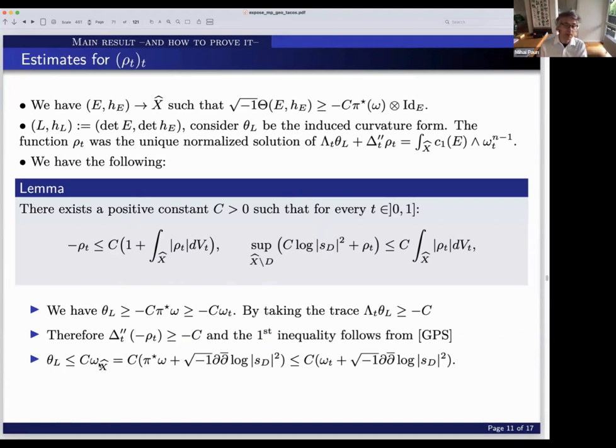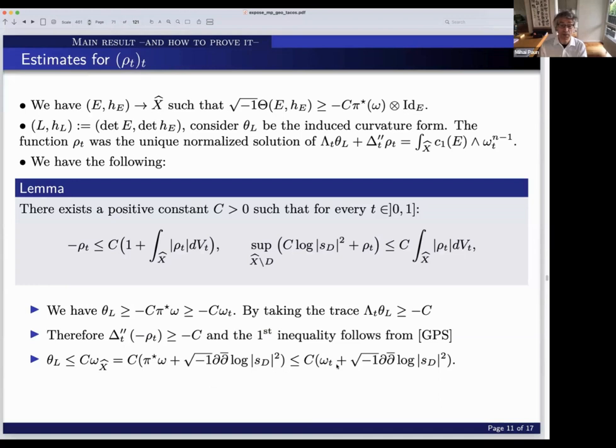But then in this omega X hat, well, I write it here in a rather imprecise way. So it's the inverse image of omega plus i partial partial bar of the log of this |s|_h squared, right? So if you look at the way we defined it, this metric looks something like that. In any case, and now given that this one is smaller than omega t,